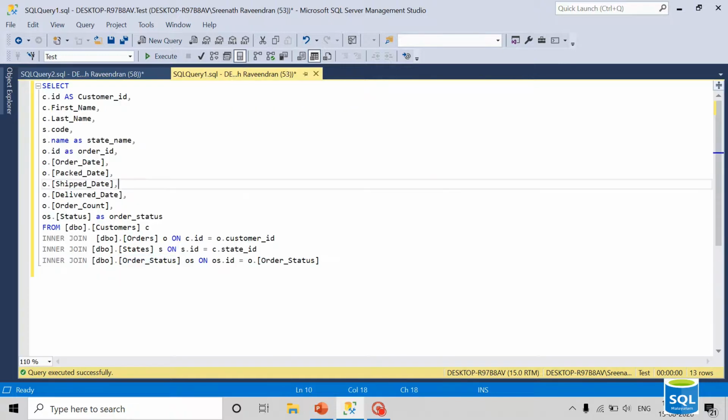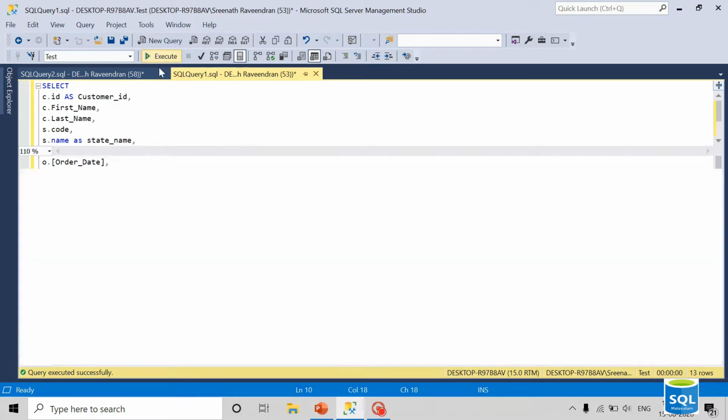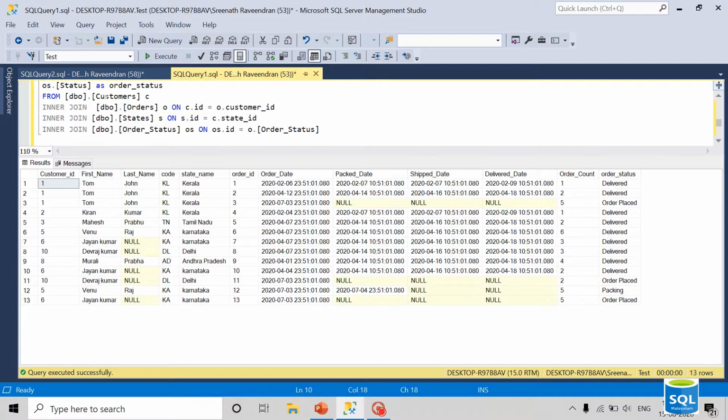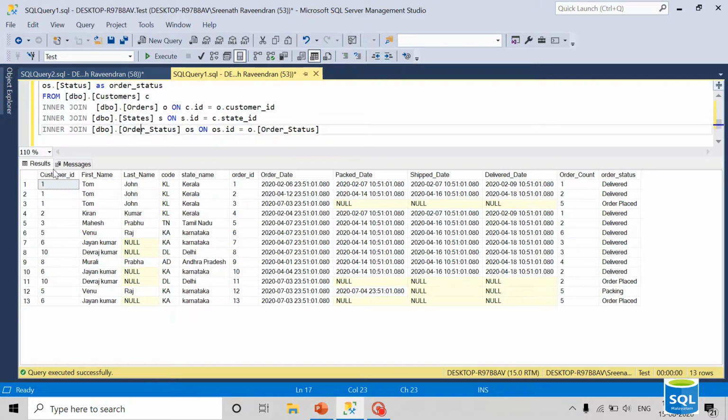Now this is the query which we prepared during our inner join tutorial. I will run this query. It's using inner join with customer, inner join with order, then inner join with state and inner join with order status. I'm selecting customer ID, name, their state, corresponding order details and order status.